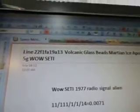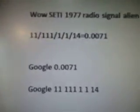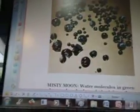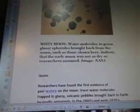22f1fa19a13, volcanic glass beads, Martian ice, Apollo 17, LRO, 5G Wow Seti. There's the alien radio signal. And here is the picture of volcanic glass beads from Google. Aren't they pretty looking? Misty moon, water molecules and green glassy spirals brought back from the moon, such as those